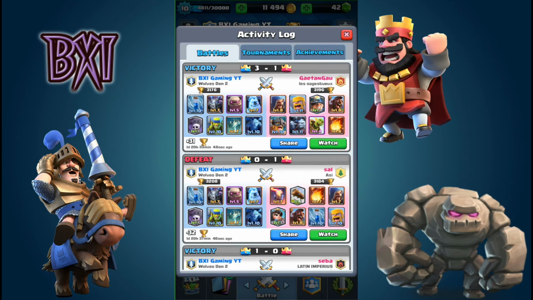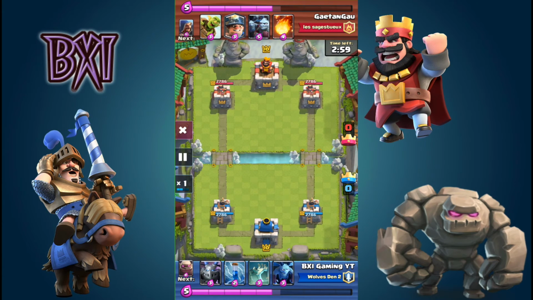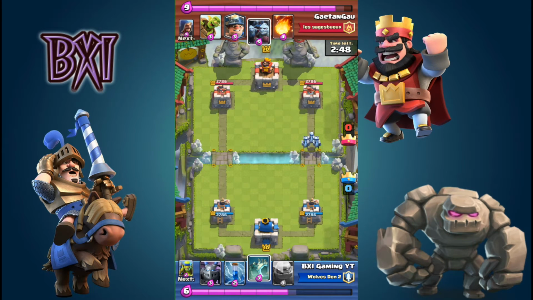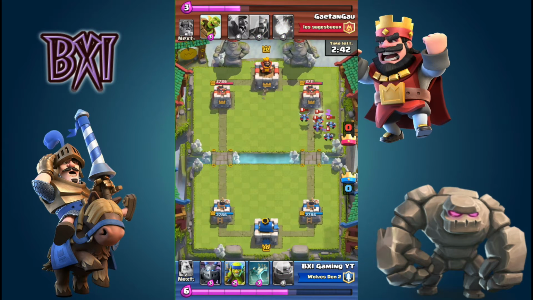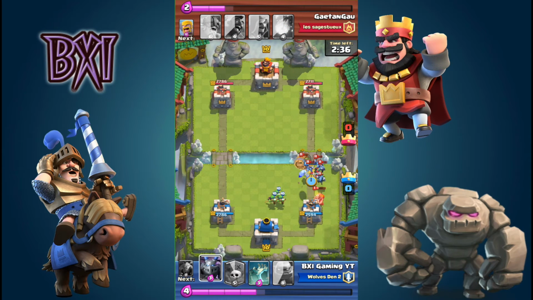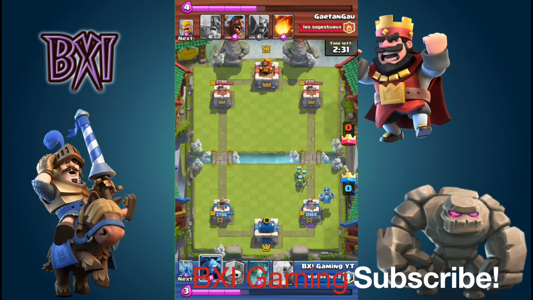I mean, the first one is here. This is an Elite Barbarian miner deck, and they're all quite high level cards. I mean, I don't think I've got a level 11 anything. So as you can see, they've got the old miner and minion horde. It can be quite an annoying deck to come against. And they've got a level 11 minion horde. My zap just about missed them there. And look at that. That is an annoying deck to come up against, and I managed to defeat it with